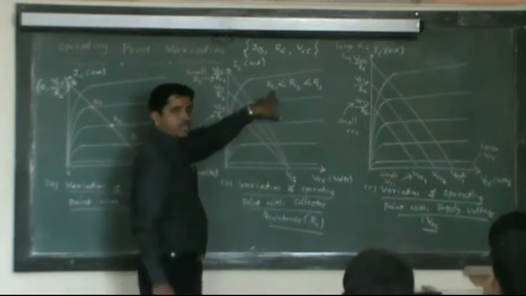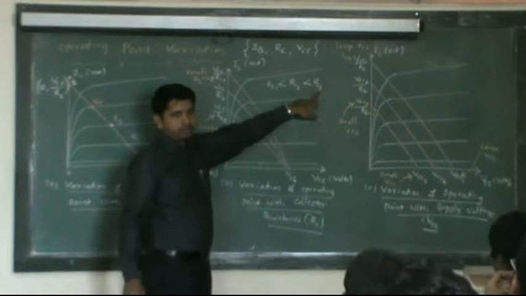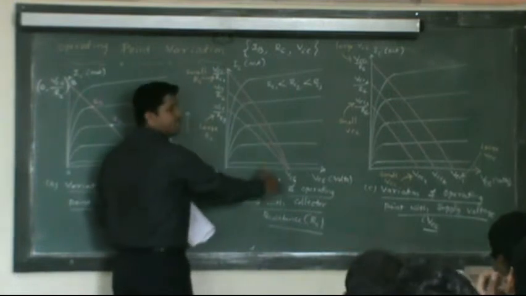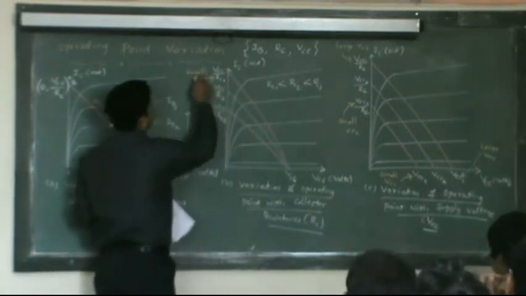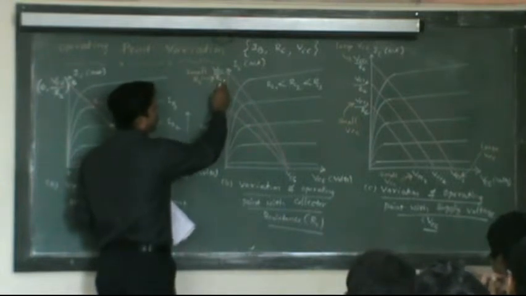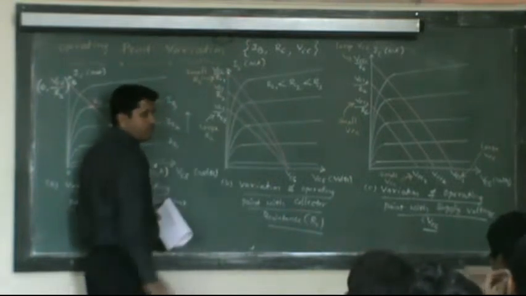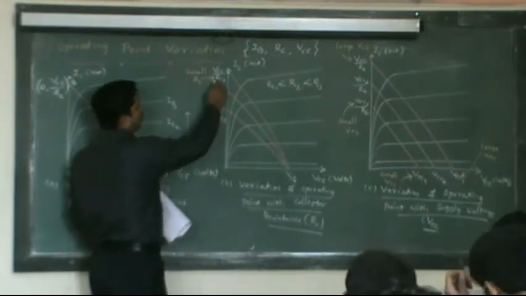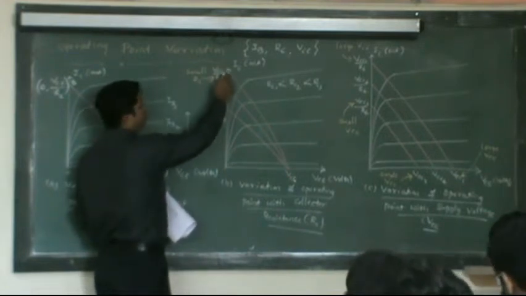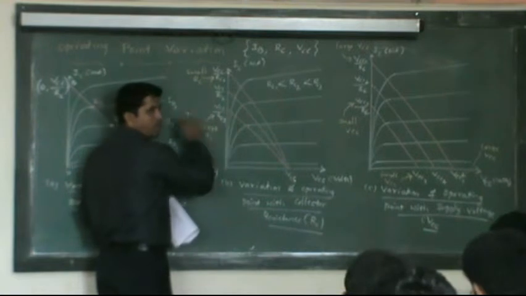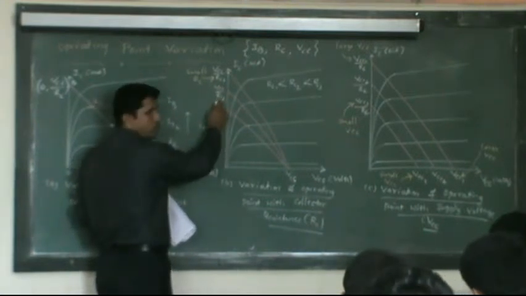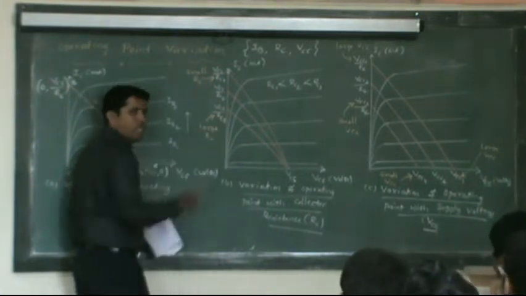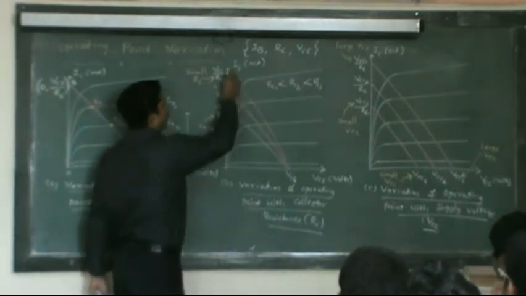So look at that: RC1 is a very small value and RC3 is a larger value. If you choose these and plot various load lines, you are going to get these straight lines here. With a small value of RC, that is VCC over RC1, you get an end point here. But VCC is fixed, so this point will not change. The only thing is RC has been changed. The smaller the value of RC, the larger the current, so that's why this point is away from these two points. And look at the second point, VCC over RC2, a medium value of RC. VCC over RC3 is a large value of RC. The larger the RC, the less the current, so that's why you get a point lower than these two points.